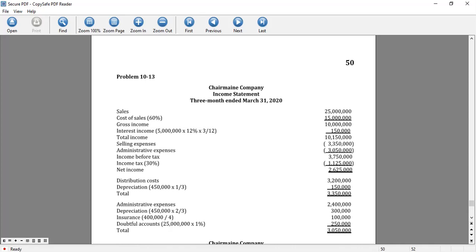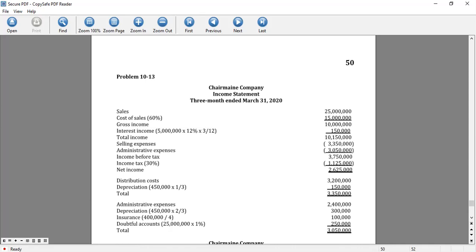Now, for the gross income of 10 million, and then we add interest income, that's good for 5 million. Interest income is based on the 5 million balance of the notes receivable, and you multiply by 12% times 3 over 12. Considering that you have your notes receivable dated January 1, matures on January 1, 2022, with a 12%